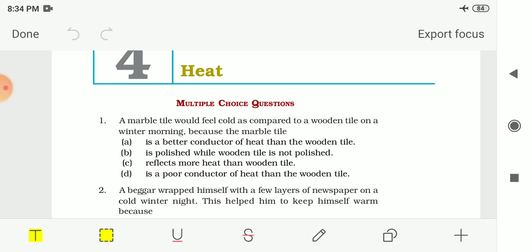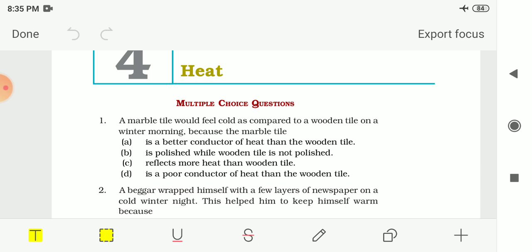Then we had seen about sea breeze and land breeze. So in coastal region, sea breeze during the day and land breeze during the night occur due to the convection. And then we had seen the third process by which the heat get transferred, so that is radiation. So from the sun, heat comes to us by the process known as the radiation, and in this process the radiation process does not require any medium.